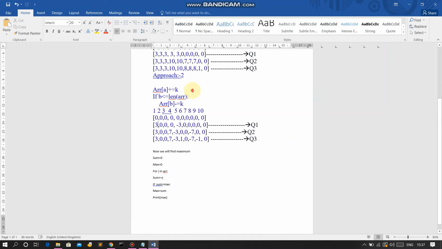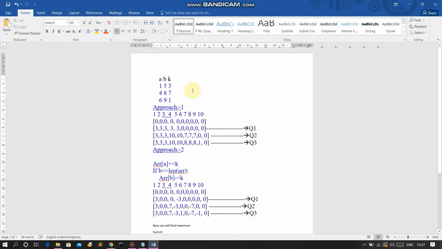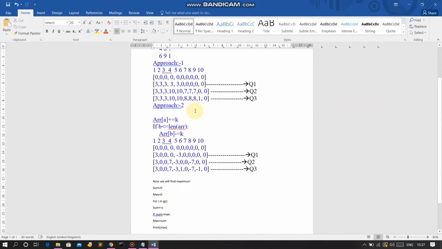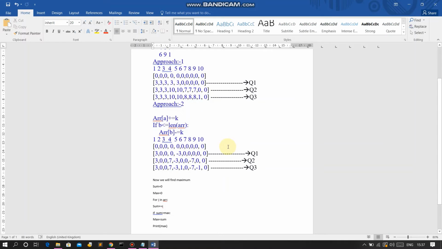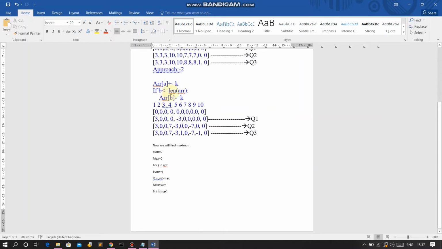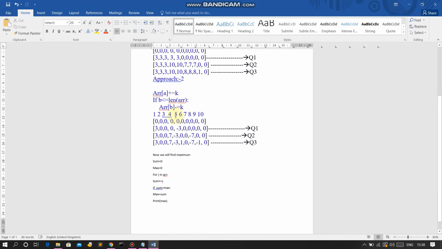The value of b is 5 and the length of the array is 10. So 5 is less than 10. Then we will decrement k at index 5. So at the fifth position we will decrement 3.